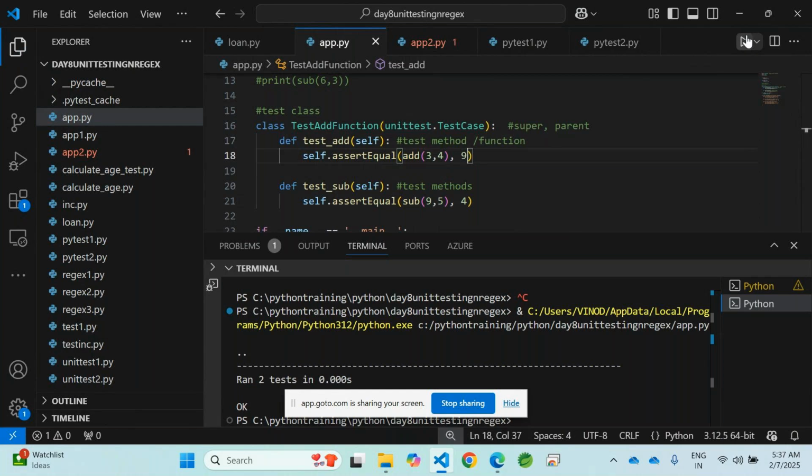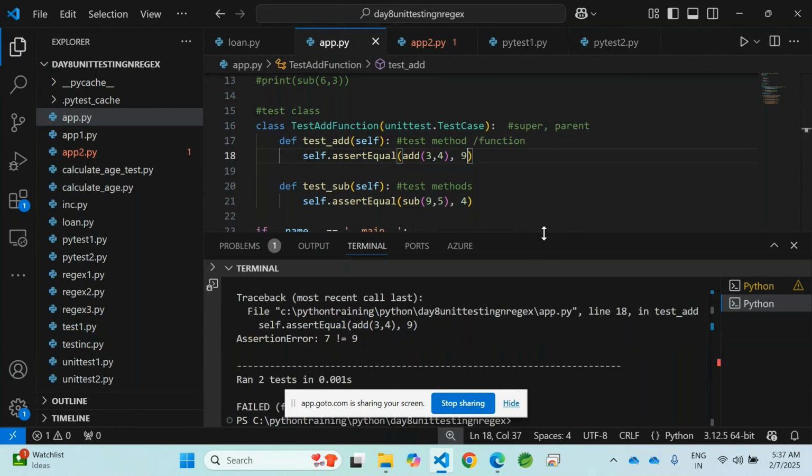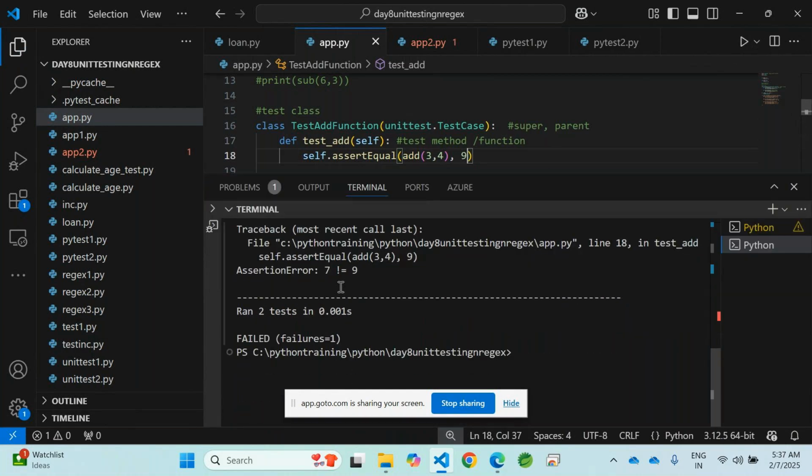So one test case has failed. The reason also it will show. Okay, so 7 is not equal to 9. Here the output is 7, but it is expected to be 9. It is not equal, so it failed. Next, the first one,